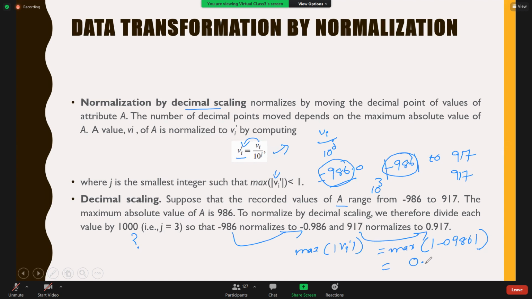It should be less than 1. In such a way, you need to select the j value. So the j value is selected in such a way that the resultant of this should always be less than 1. Okay. So in order to convert this minus 986 to 917,